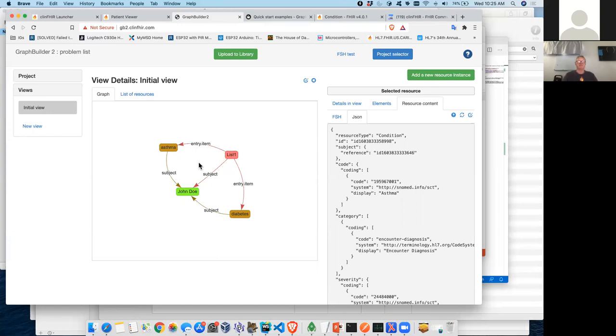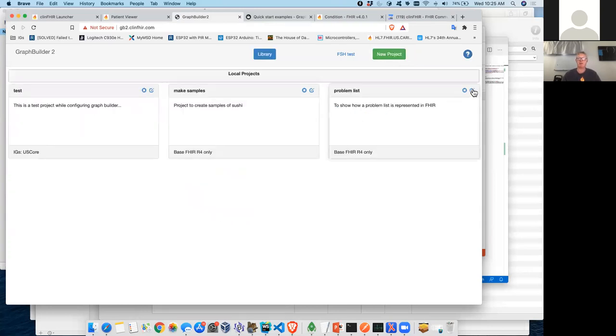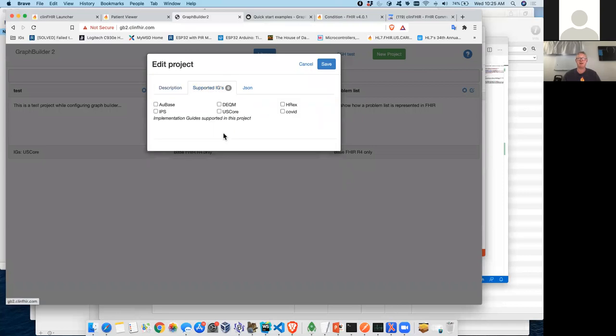Say if I have a custom extension, is it possible to use it in ClinFHIR, asks Alejandro Medina. Yes, it is, although there are a couple of steps you need to go through, and right here, right now, you would need my assistance to do that. The way that works is that when I create my project, I'll edit this one here, I can indicate that